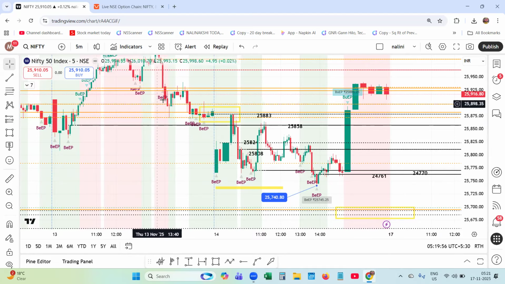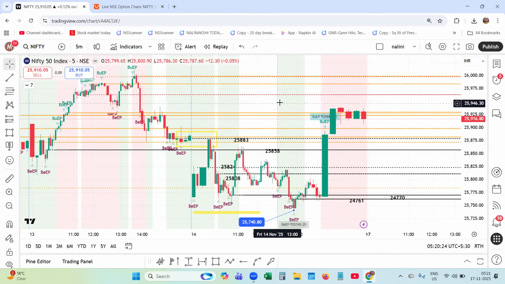Yes, on the previous day the market had faced resistance, so fresh call writers had come over here. These are all the short-term call writers. Yellow and black lines show you intraday pressure zones, writer zones and buyer zones, put writer zone and buyer zone. Now the market has entered into the call writer zone. See here, there is an immediate call writer